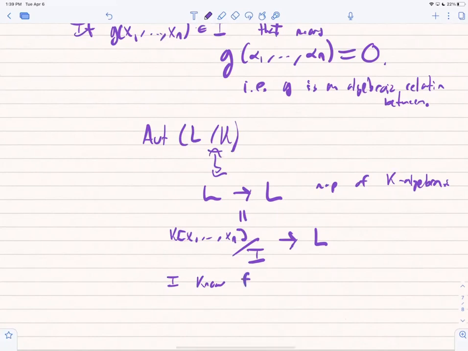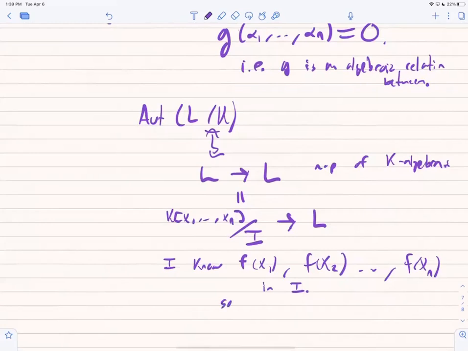So I know f of x1, f of x2, and so on, f of xn are in here because alpha 1 through alpha n are roots of this. So, xi has to go to alpha j, and xi over here, which I'm really thinking of as being alpha i. So this is just encoding this map that has to permute these roots, but also,